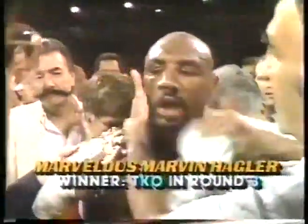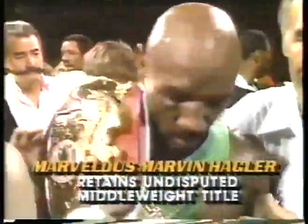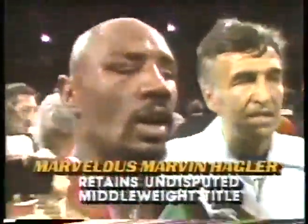Hearns right above us in the corner. Tommy still shaking. Tommy on his stool. And Tommy, of course, very disappointed and frustrated. As Marvin Hagler, Marvelous Marvin Hagler, the legal name, the undisputed